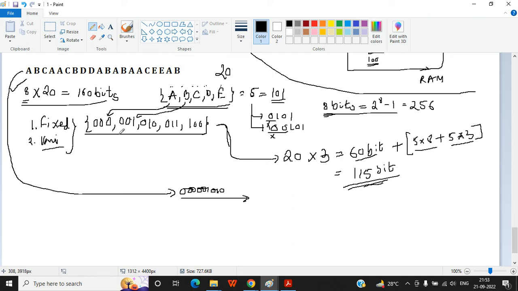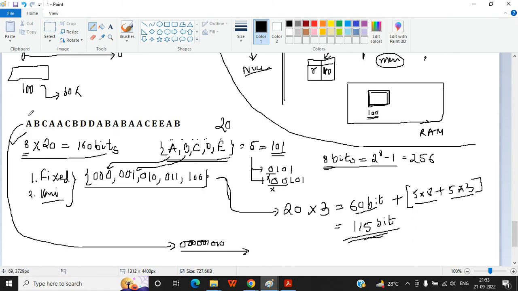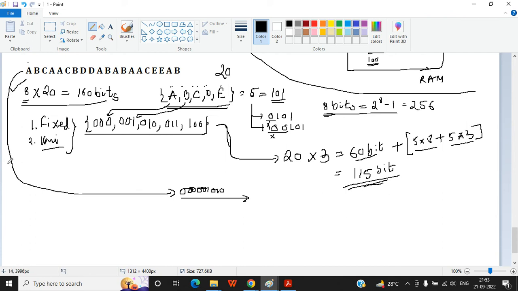Now how? The motto is that, see here, the frequency is how many times one character is repeated. So if you count the frequencies, let me count the frequencies first.